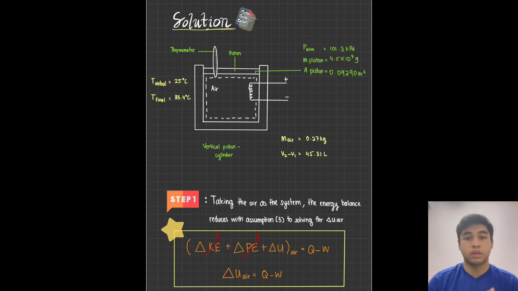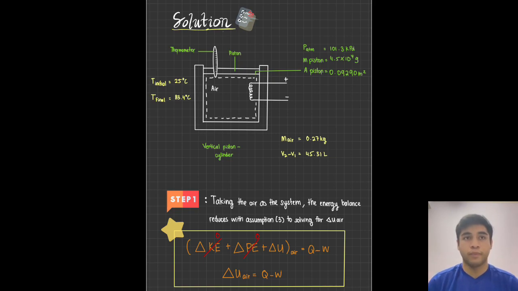So we're going to present the solution for this thermodynamic question. From the question, we can notice that this is a vertical piston cylinder, and from the solution given, we can see the data given. For the first data, we can see the atmospheric pressure is 101.3 kPa, and the mass of the piston is 4.5 times 10 to the power of 4 grams, and the area of the piston is